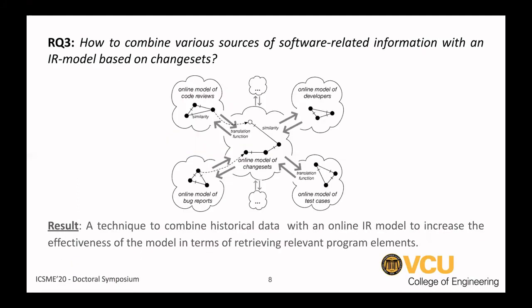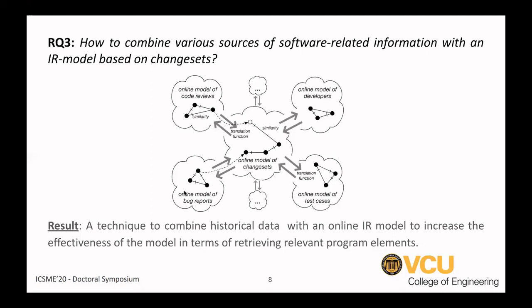Finally, we would like to explore how to extend the initial model with other software-related information. One source of such information are bug reports. Although we evaluate the model for the task of bug localization, the model has no explicit knowledge of bug reports and their fixing changesets. To this end, we propose to build a separate, simple information retrieval model based only on bug reports,